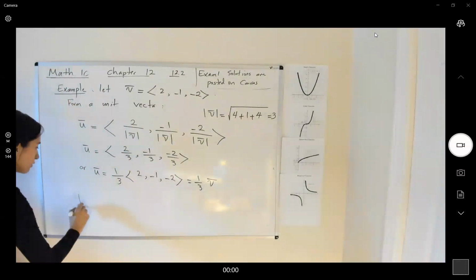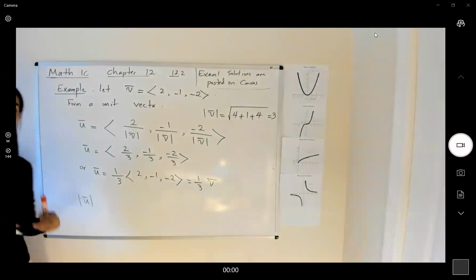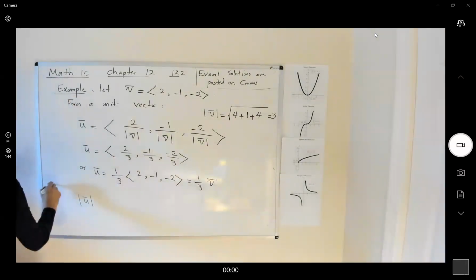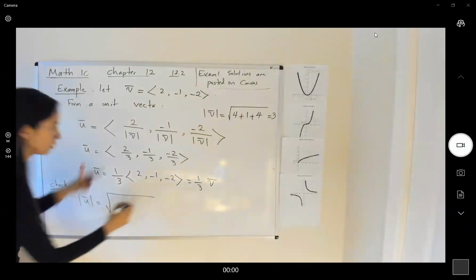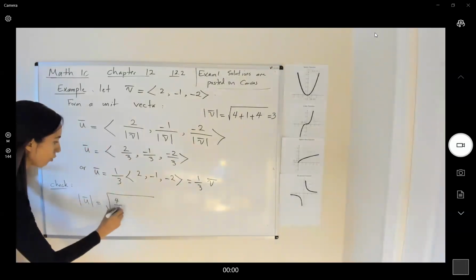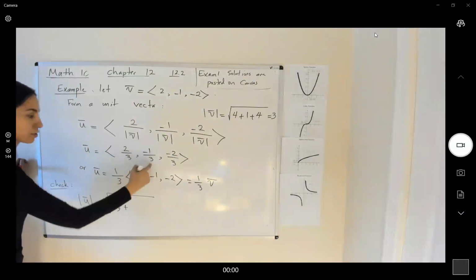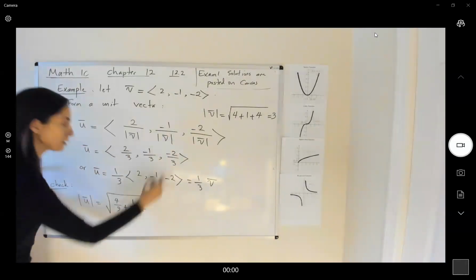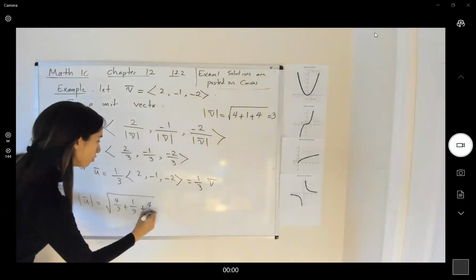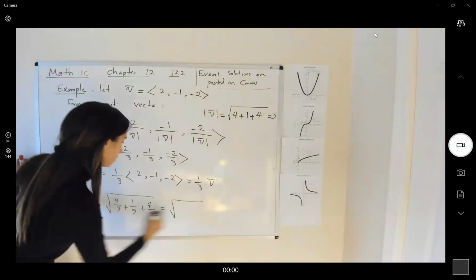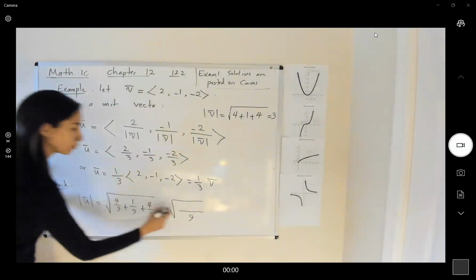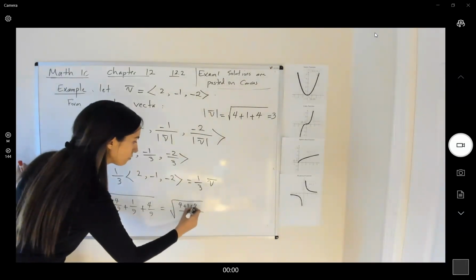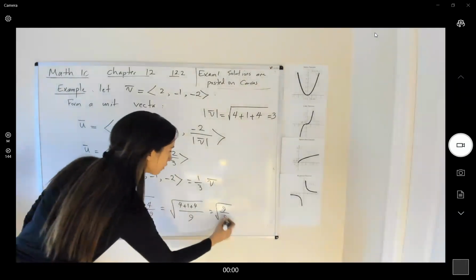You can check to see if the length of U is equal to 1 or not. You can check it. So the length of U is equal to the square root of 2/3 squared, 4 over 9, plus a third squared, 1 over 9, plus 2/3 squared, which is 4 over 9, which is the square root of... They all have the same denominator. You write one denominator and add the numerators. 4 plus 1 plus 4, which is the square root of 9 over 9, or